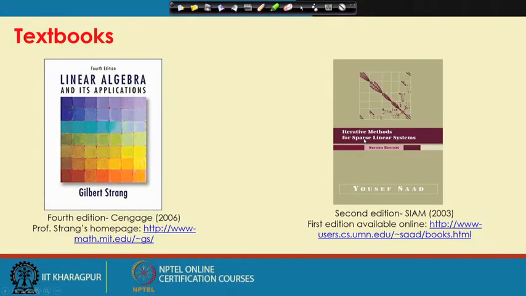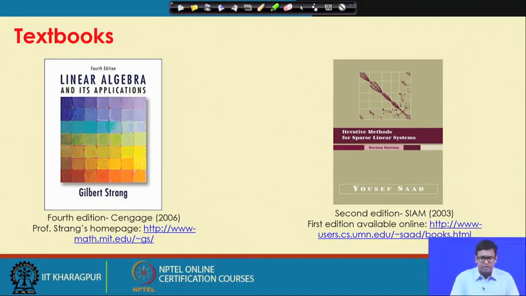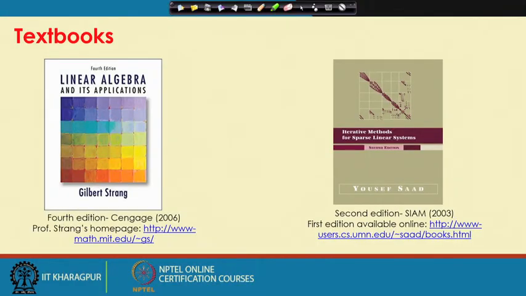The two main textbooks we will follow in this class: one is Linear Algebra and Its Applications by Professor Gilbert Strang. This is an extremely cited and referred textbook in linear algebra and matrix calculations, and this book will primarily be used to see the behavior of different matrices and different matrix operations, and also to look into the cases when a matrix equation has a unique solution or has infinite solutions, and